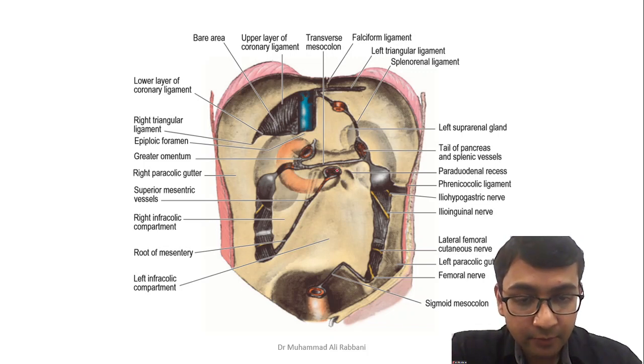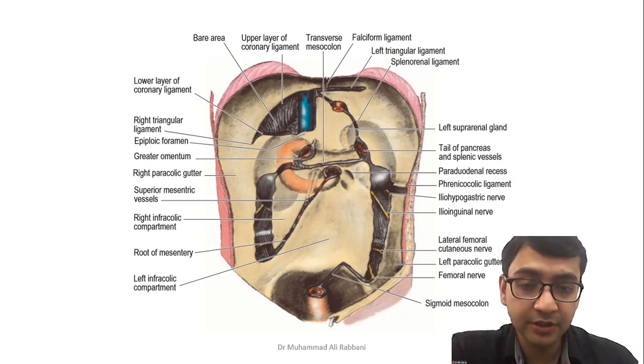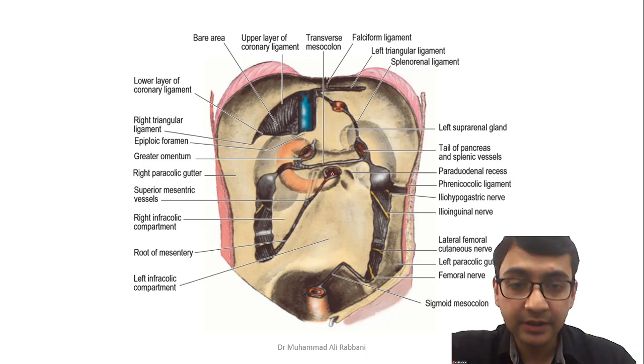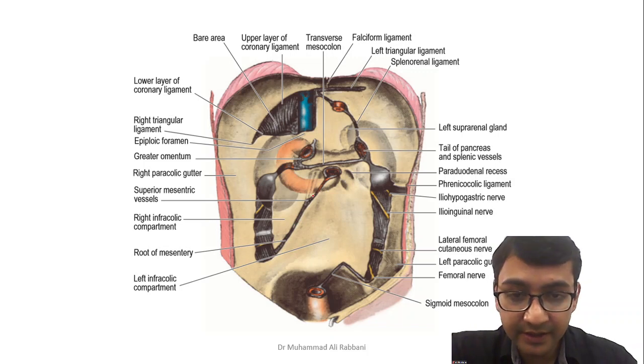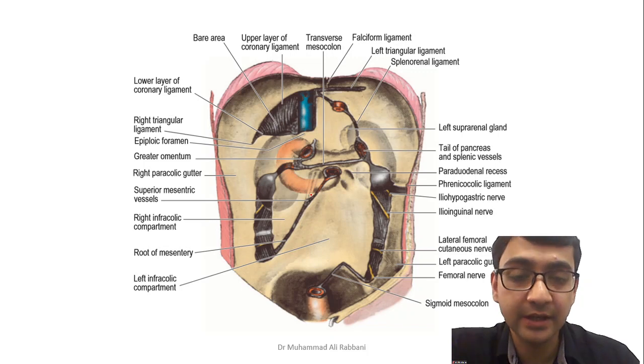It started from the duodenojejunal junction. It ends at the ileocecal junction and it goes in a straight line between them. While passing, it crosses the third part of the duodenum, aorta, vena cava, and ureter also. And this mesentery contains within itself these vessels. These are known as superior mesenteric artery and superior mesenteric vein.